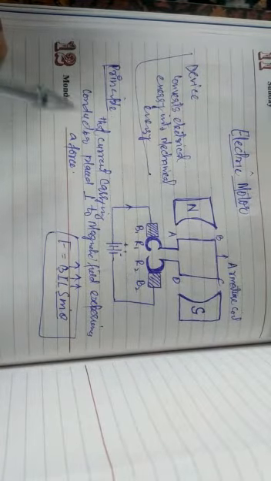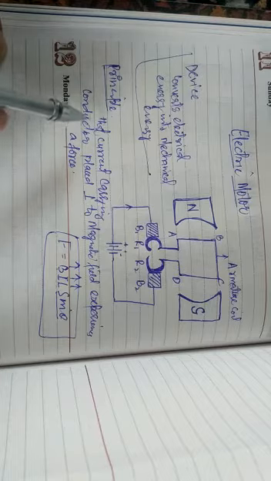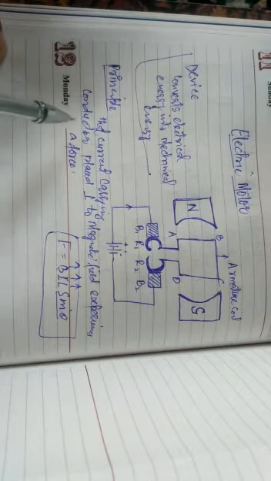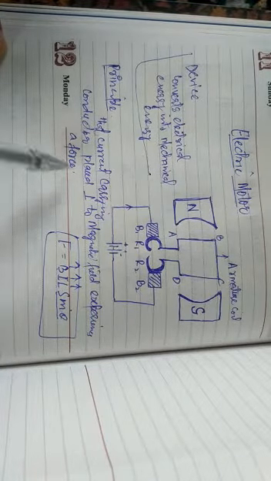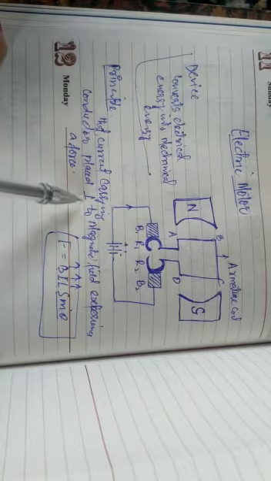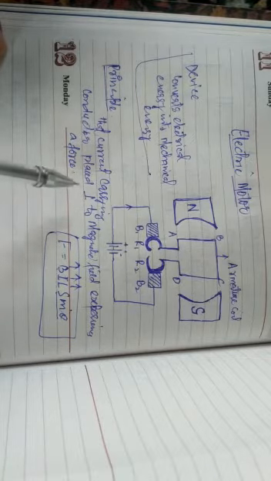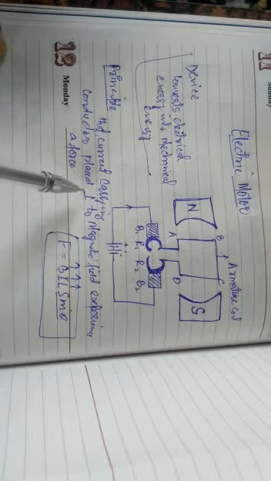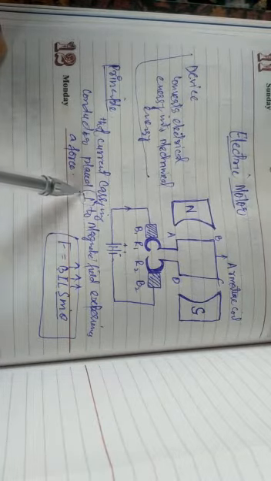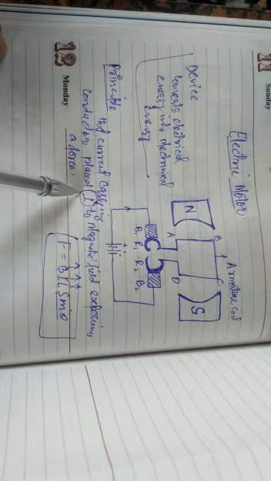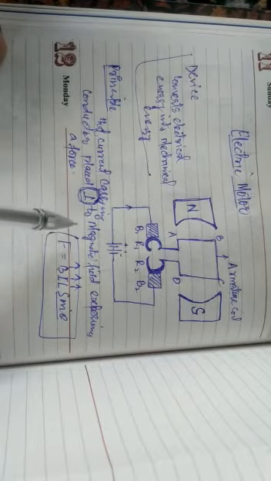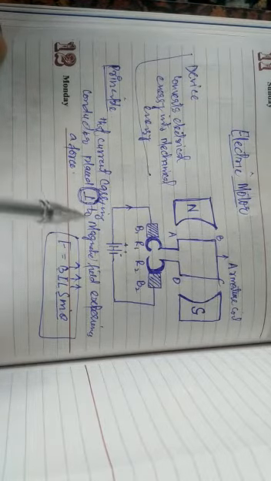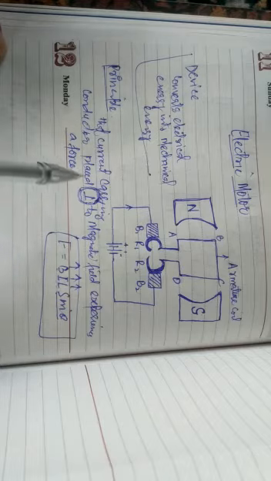According to the principle which is applied for a motor, whenever a current carrying conductor is placed perpendicular to magnetic field. Why perpendicular? Because when the conductor is placed perpendicular, it experiences a maximum force. That is why the word perpendicular has been used. You have to remember, whenever the conductor is placed perpendicularly, it experiences a maximum force.